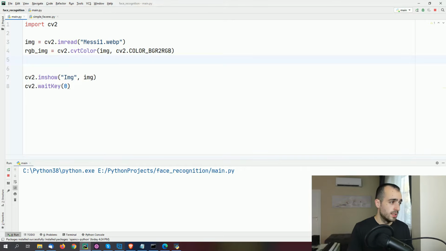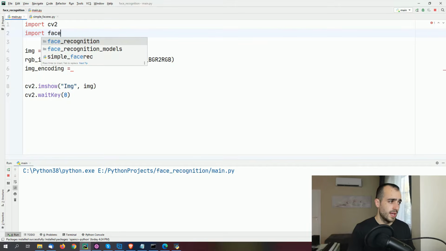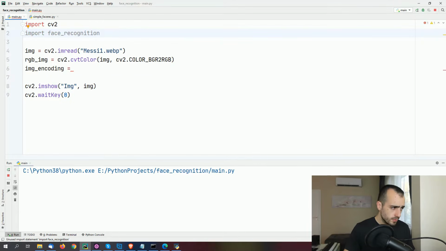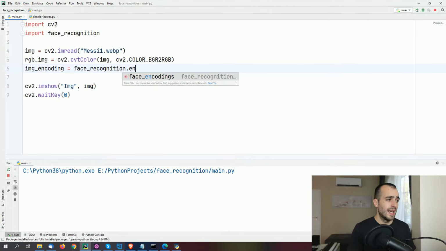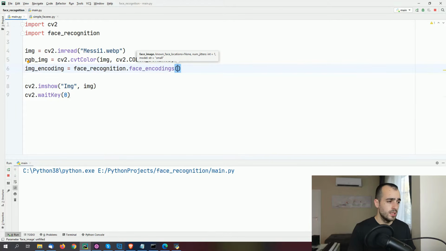So we will say EMG encoding equals. To do this, we need the library face recognition. We're going to import face recognition, and then we'll say face recognition dot face encodings, and we're going to put here RGB EMG,